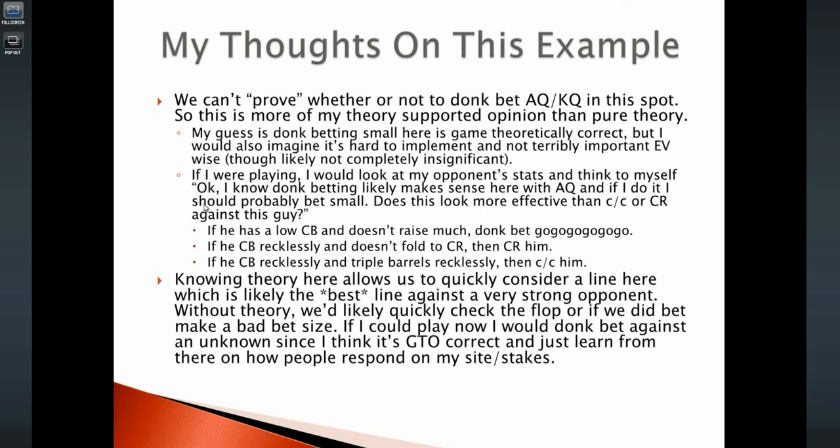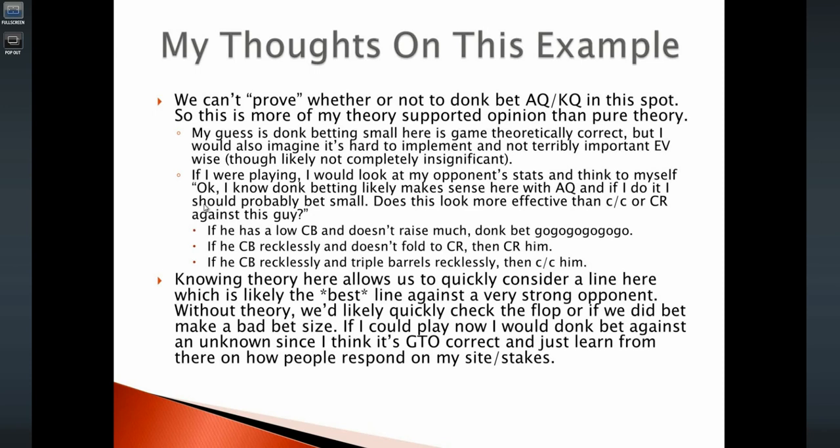So this is one of those things where I don't really have any experience doing it, because it's just theory at this point, but I would probably be trying donk betting a lot against people that I didn't have a great read against, or people that I thought were really solid, because I think it theoretically makes a lot of sense. If I found out people were raising me too much, then I might just donk bet and call down. If I find out they're raising me too little, then I might donk bet and fold later on, or anywhere in between. So you want to look at someone's stats and pick what you think is the best line,